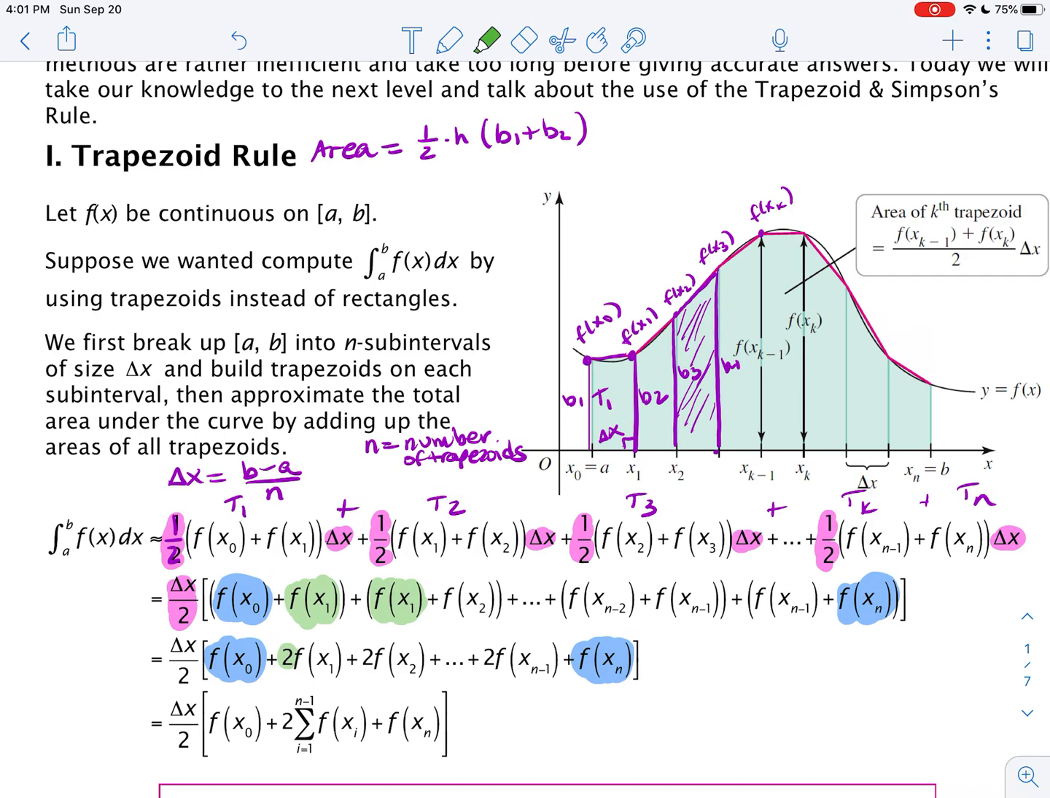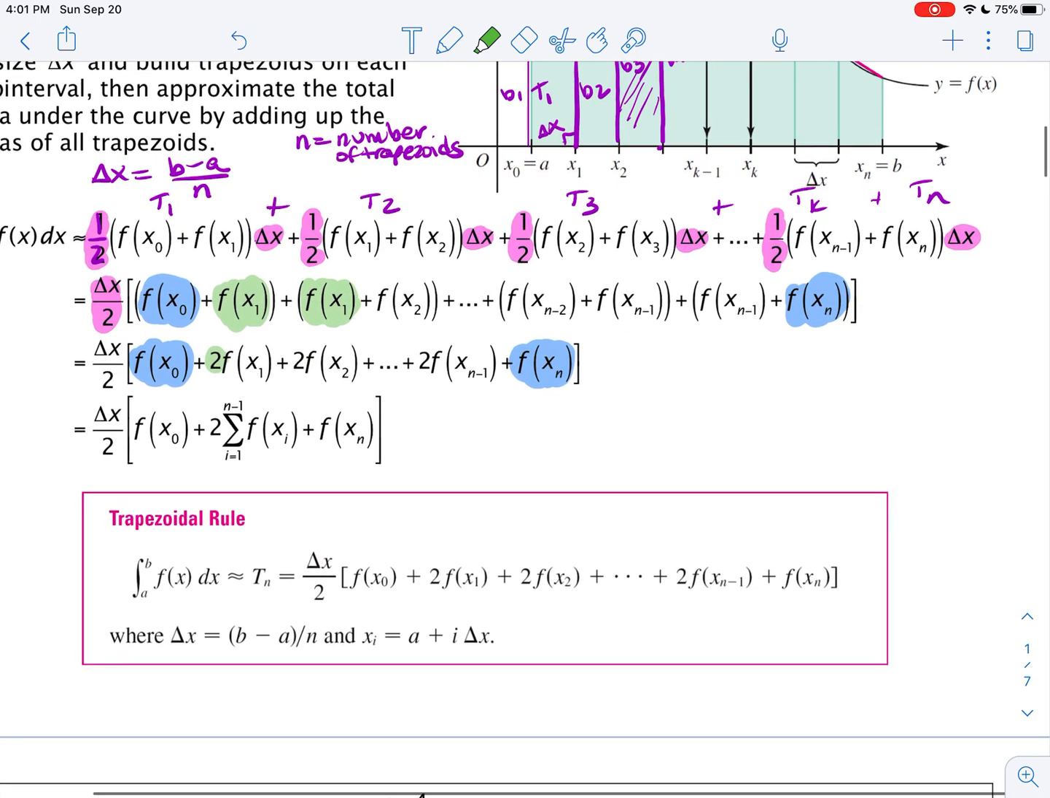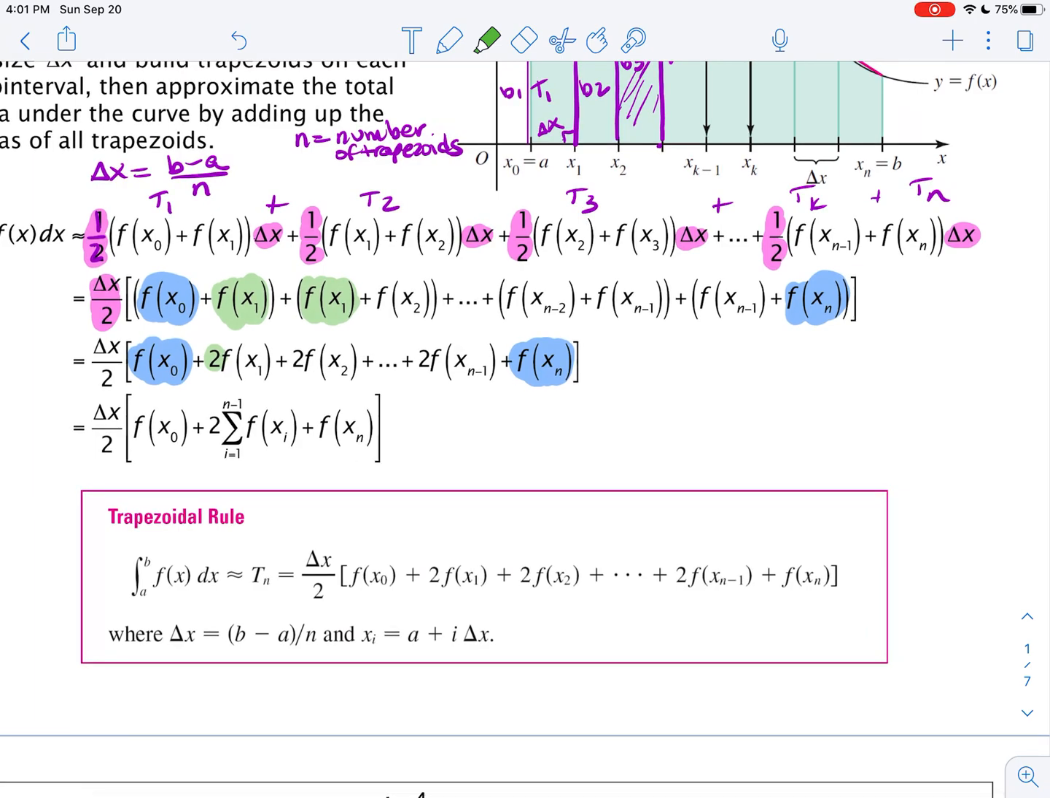So we see f of x sub 1 plus f of x sub 1, and that's going to give us 2 times f of x sub 1. So that gives rise to a general formula that we can apply to use the trapezoid rule, and that's what this is. The integral of f of x dx from a to b is approximately equal to